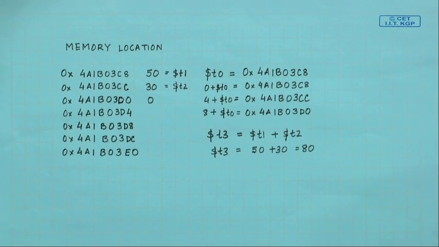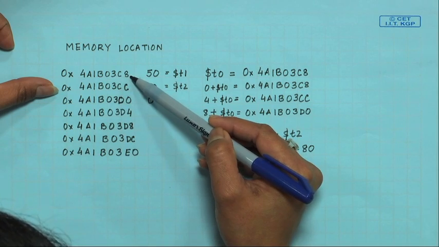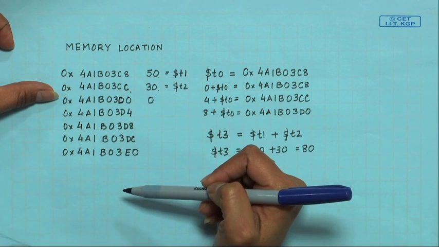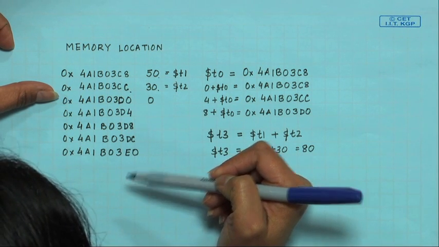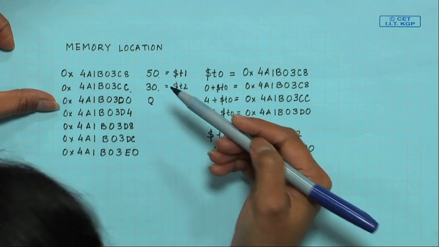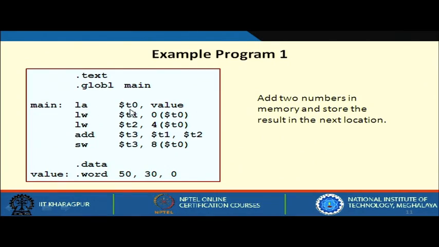Now, you see these are my memory locations. At 4A1B03C8, in this memory location, I have stored 50. In the next memory location I have stored 30, and in this location I have stored 0. Now, if you see this instruction load address, the address of this value, that means this value is nothing but a label. This label has an address where this 50 is stored, and from that point after +4, 30